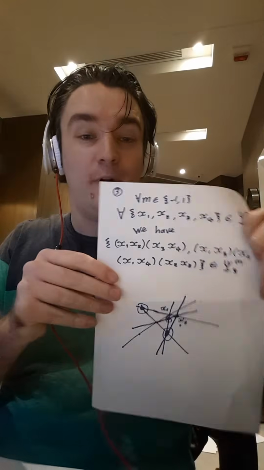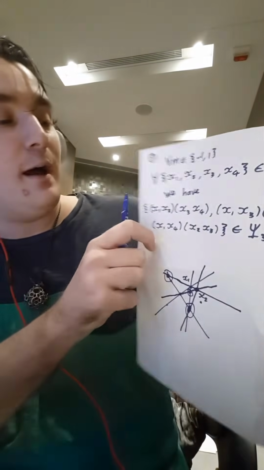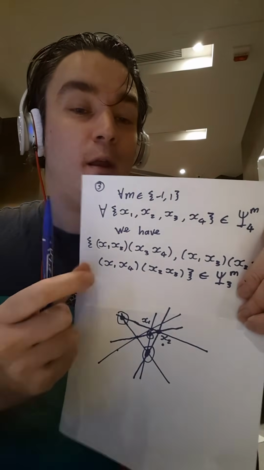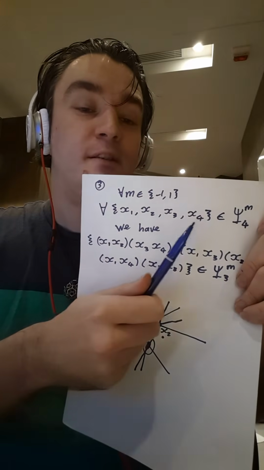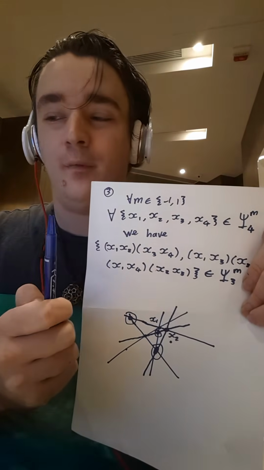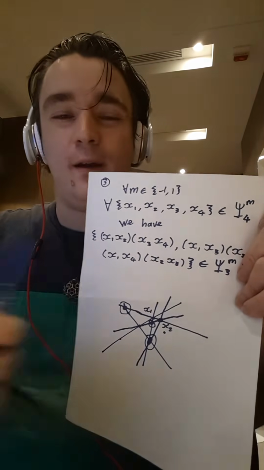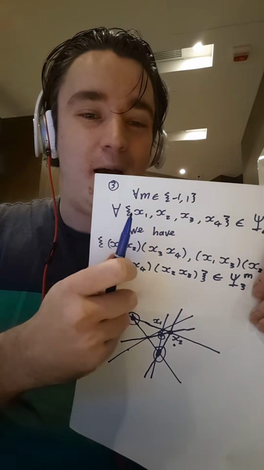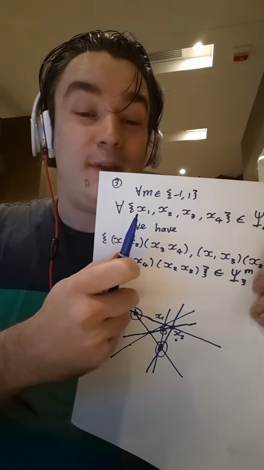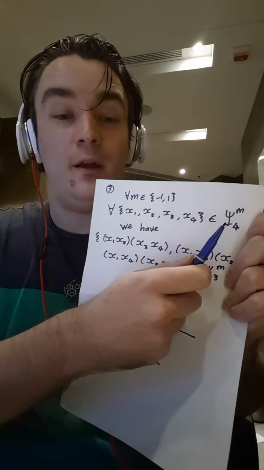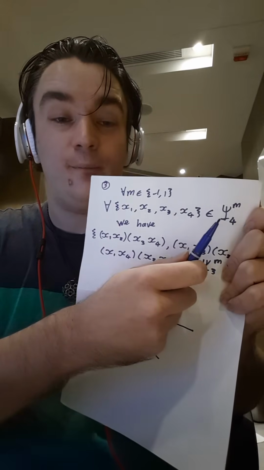Okay, so how do we state this algebraically? Well, it turns out to be somewhat simpler in a way. Basically, all we have to do is say, let's pick m to be either -1 or 1. Now, if we take one of these nonlinear sets, I don't know if I've said stable sets before, I always mean nonlinear sets. So nonlinear sets x1, x2, x3, x4. So it's a nonlinear set with 4 elements in it.